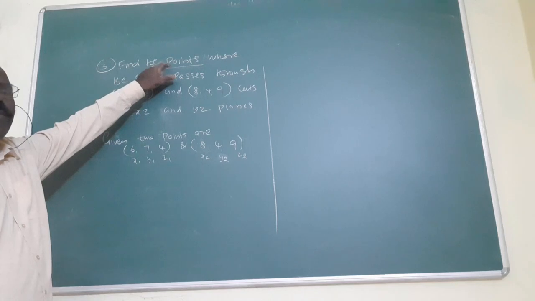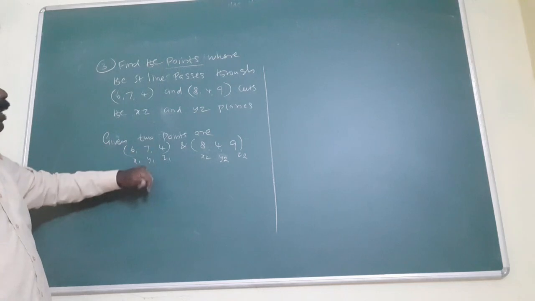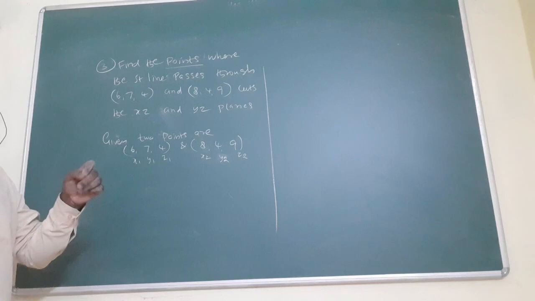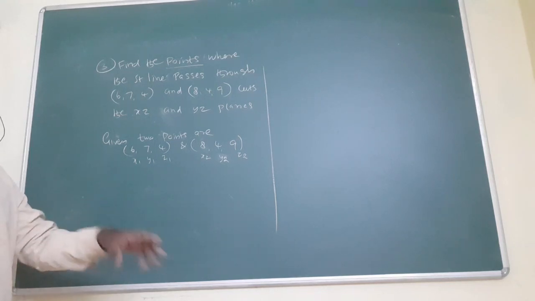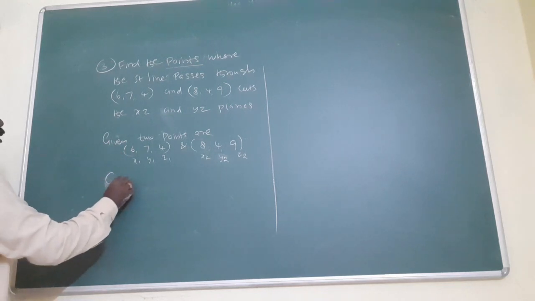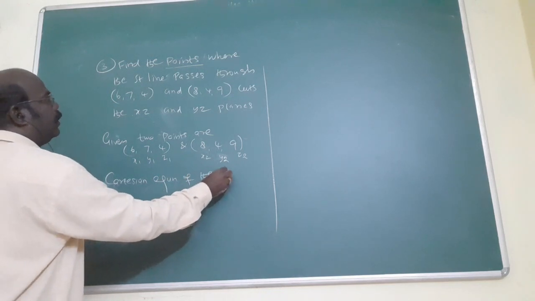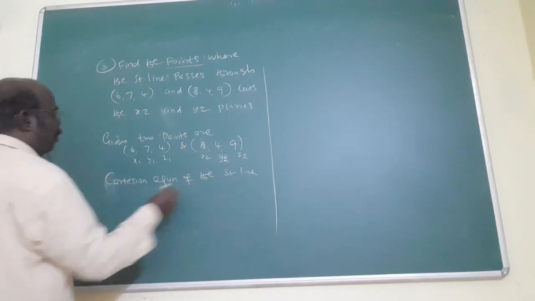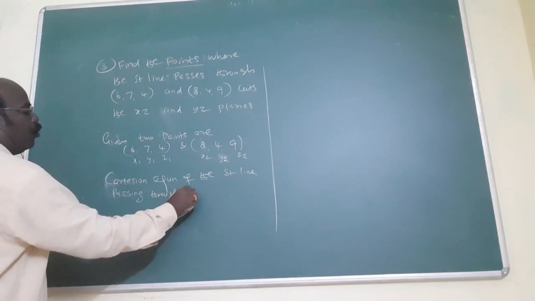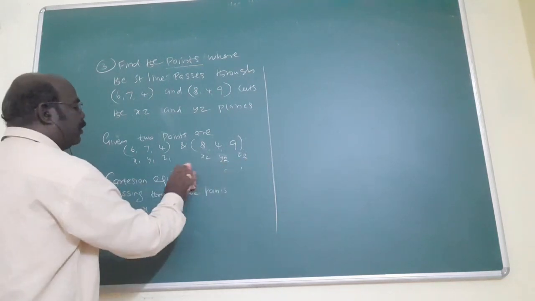Points asking. Points means what? x, y, z. That's called a point. You already know that's why you write the Cartesian equation. Cartesian is only involving x, y, z. Am I right? That's why I am finding the equation of the straight line passing through 2 points. What's the formula? Simply the Cartesian equation. That's enough, no need to do the whole thing.